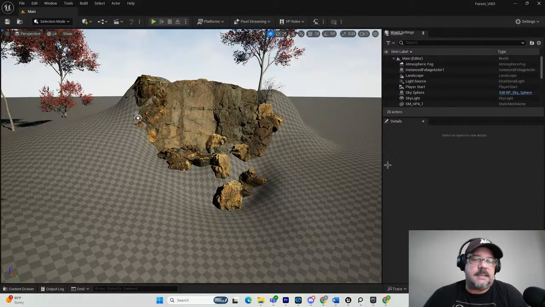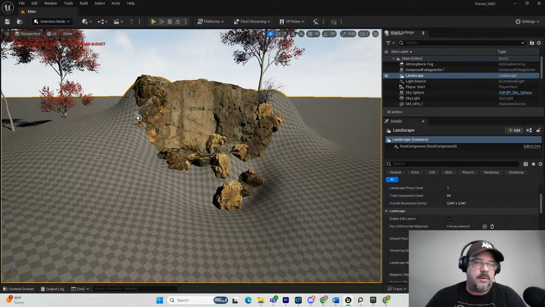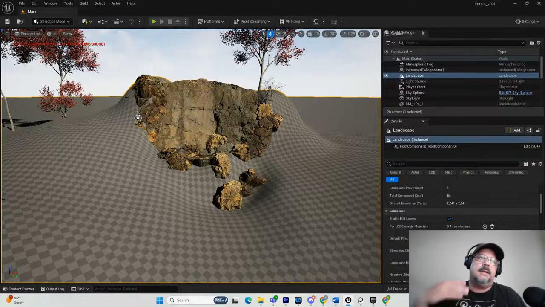Okay, so you can kind of see that this is what I'm working on. Now, obviously, I still have the checkerboard. Now, what I did was I created a landscape in landscape mode. If you know how to do that, one of the things I'm going to suggest to you is this, that